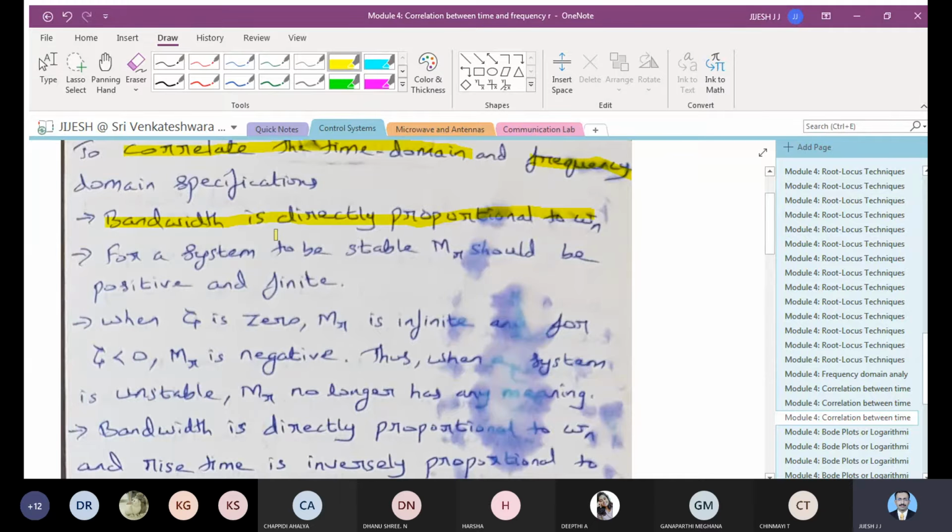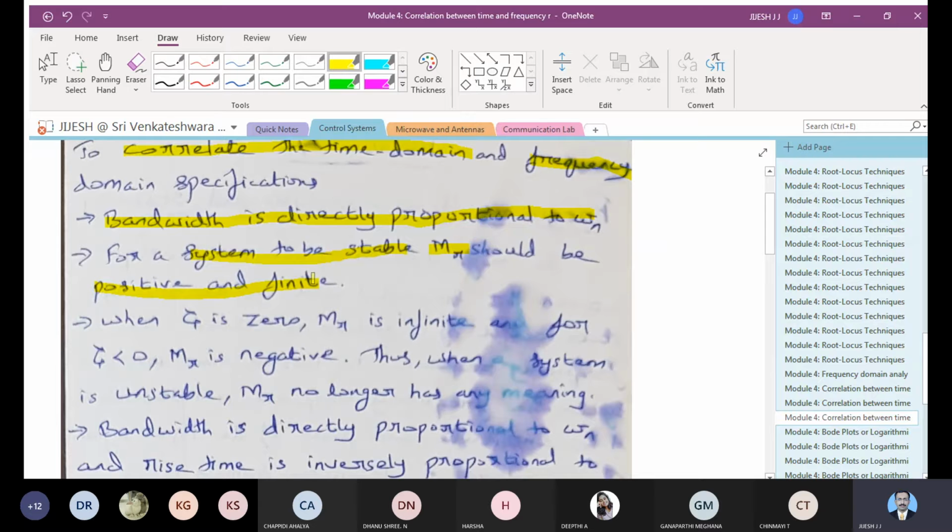And the second one is that for a system to be called stable, MR, from the equation you got, should be positive and finite. So you have to make sure that the bandwidth is directly proportional to omega n, and that for the system to be stable,